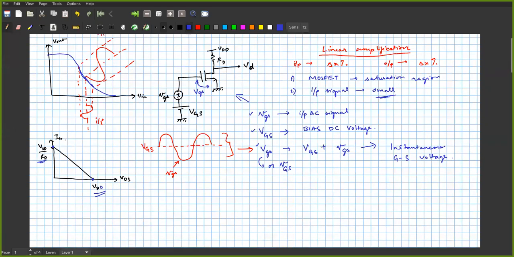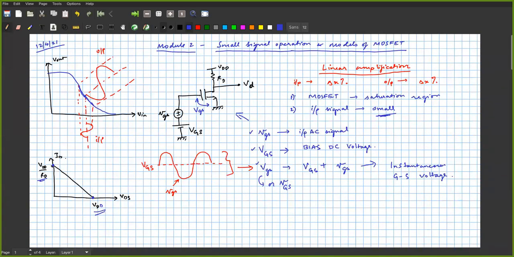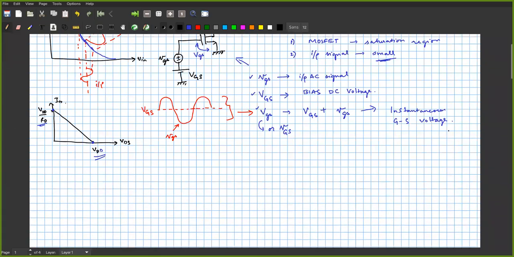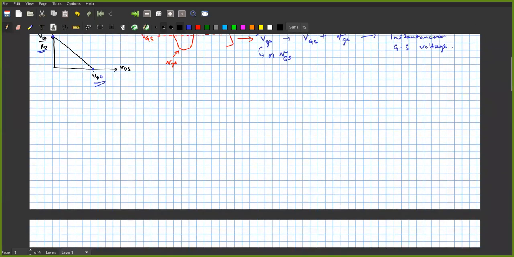Okay. Right. Here we have taken a simple common source amplifier. I've not used any degenerative RS or anything. A simple amplifier I've taken. Now I intend to find its voltage gain, and a new parameter called gm, the transconductance of the MOSFET. But before that, let us look at the drain current equation.